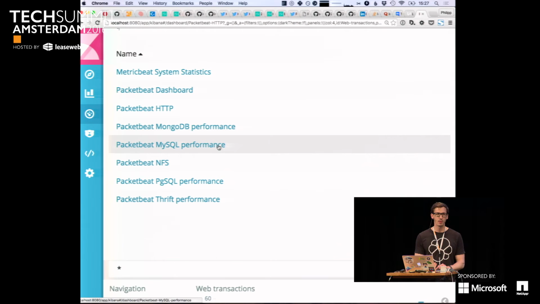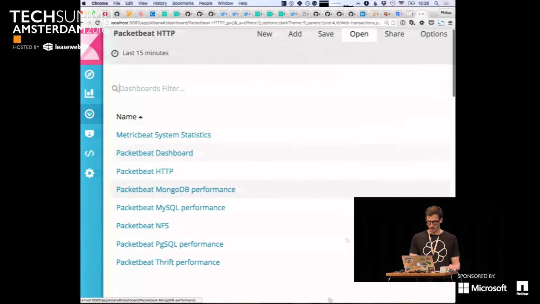And just for MySQL, for example, it would then know, OK, the top queries you issued were those. Those were the slowest queries, or those queries took that amount of time. So all of this information can just be extracted from the headers, and you don't need any other agents. You just need the Packetbeat to actually monitor the network interface.